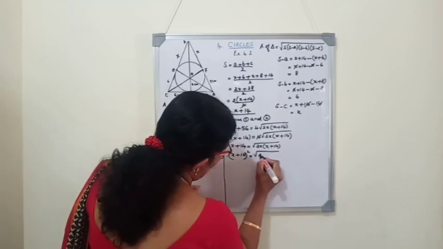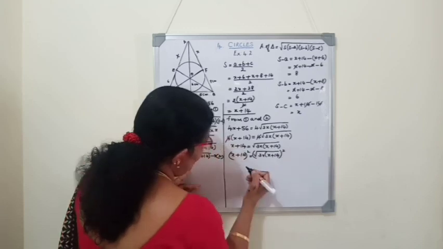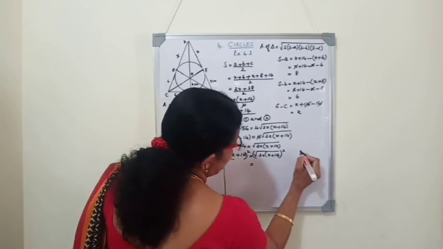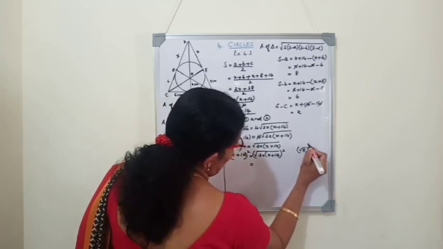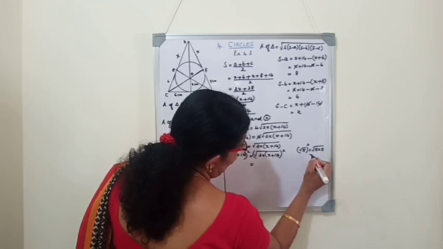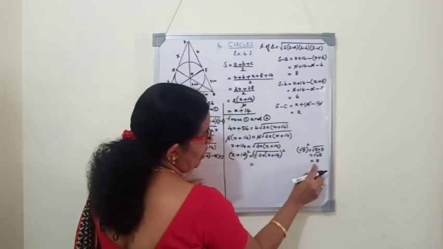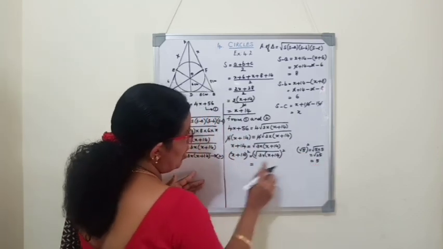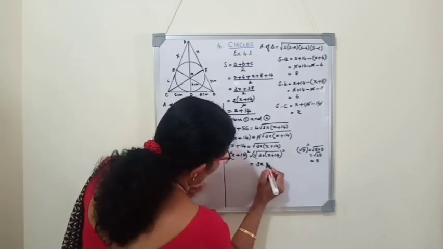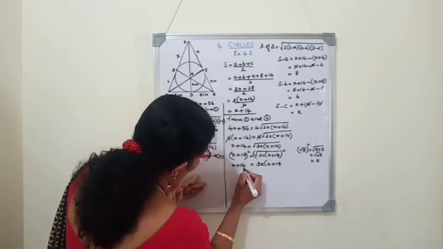Square root of 3x into x plus 14, the whole square you write. You know that when you square a root number, the root will be removed. For example, what is root 5 square? Root 5 square is nothing but root 5 into root 5, that is root of 25 and it becomes 5. So any root number squared becomes a number without root. So root of 3x into x plus 14 whole square becomes 3x into x plus 14. And the left side is as it is, x plus 14 the whole square.